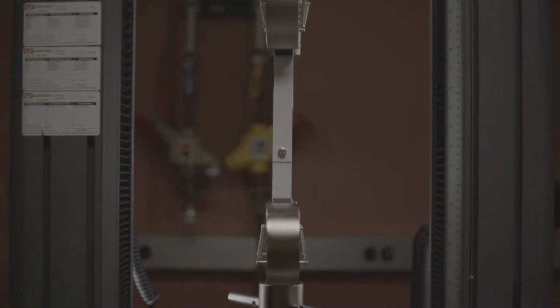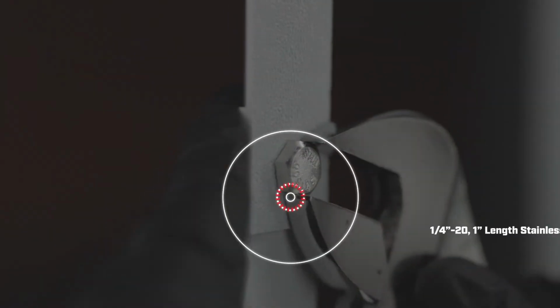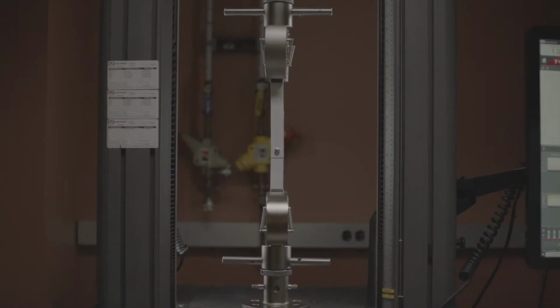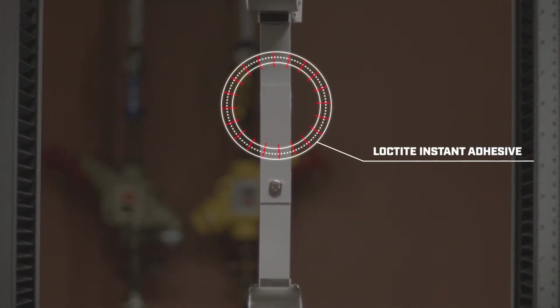Shown are 3 ABS lap shears. On the bottom, the 2 pieces of ABS are joined with 1 stainless steel bolt. On the top, the 2 pieces of ABS have been joined using a LOCTITE instant adhesive cured for 24 hours